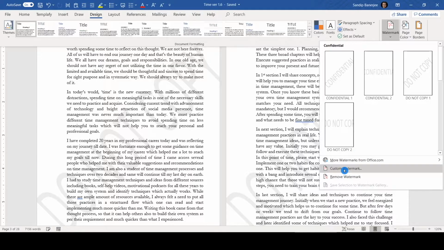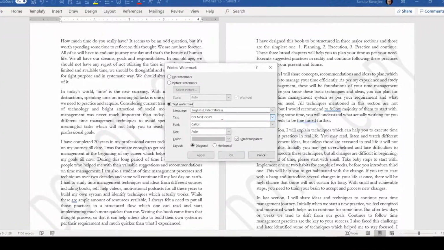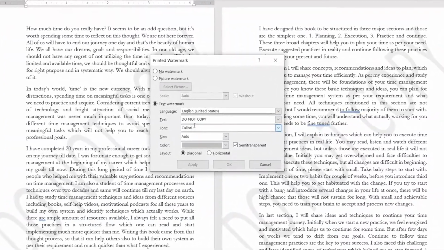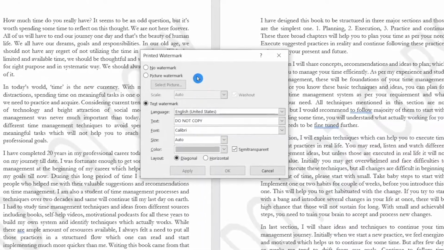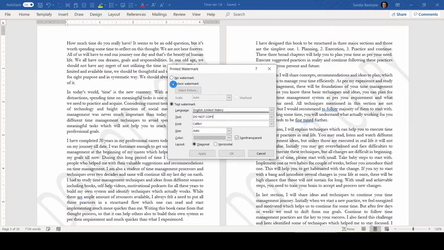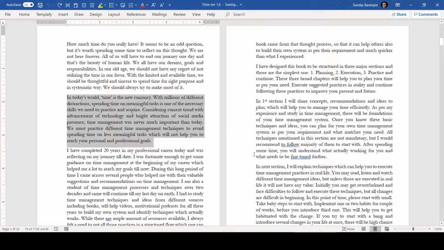If you want to add a custom watermark, that you can also do. You will also be able to change the text, font size, font type, everything. You will have full control there. You will also be able to add a picture as a watermark. So all those options are there. Based on your requirement, you can use this particular feature. So for now, let me undo these changes and let's talk about the next one.